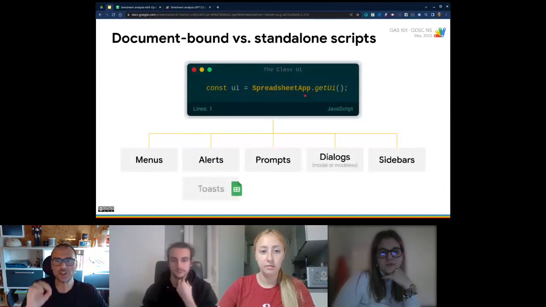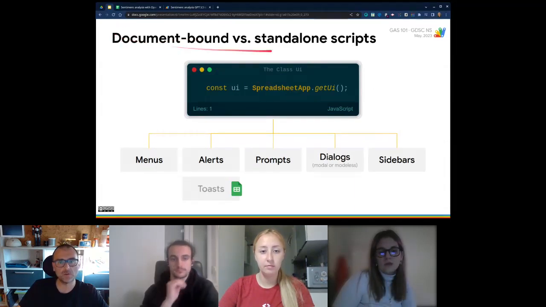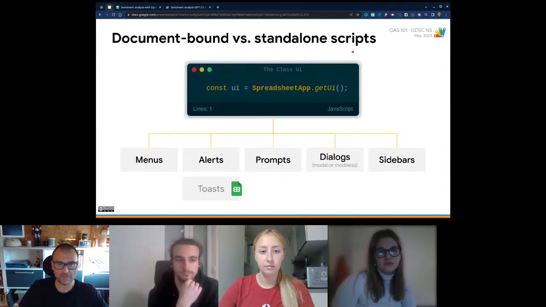So the first distinction I would like to mention is that between document-bound and standalone scripts. The difference is that document-bound scripts have access to a special global object called UI. You get that object by invoking the spreadsheet, document, slides, or forms app, and then getting the UI.